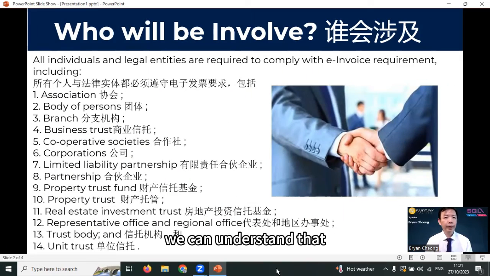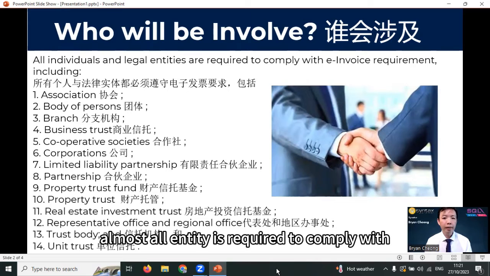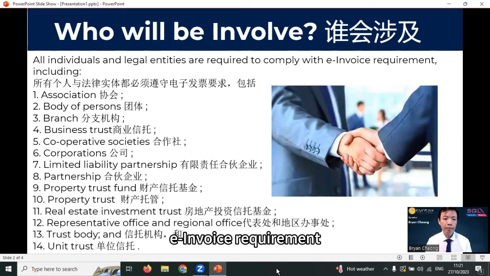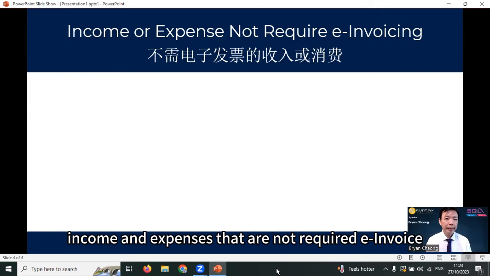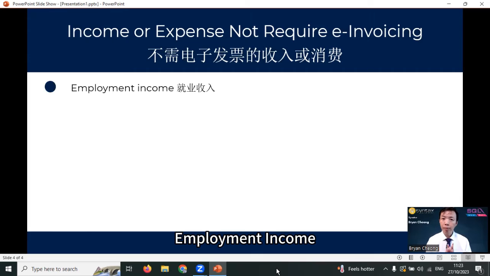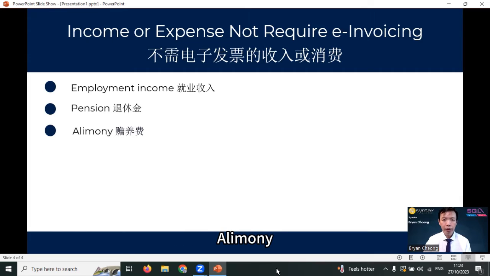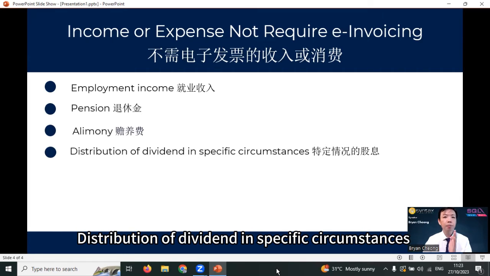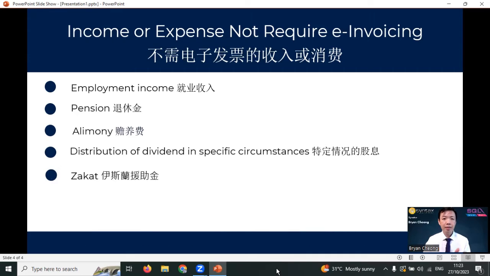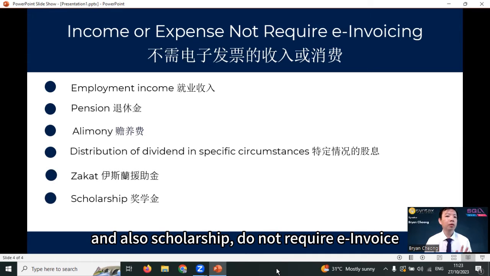From this slide, we can understand that almost all entities are required to comply with the e-Invoice requirement. Whether you are a Sendirian Berhad, a sole prop, an LLP, or just a branch, you need to do e-Invoicing. And there are 6 types of income and expenses that do not require e-Invoice. The first one: employment income, pension, alimony, distributions of dividend in specific circumstances, zakat, and also scholarship do not